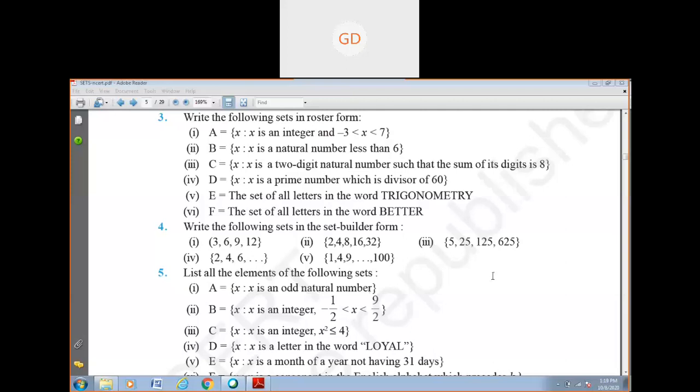2, 4, 8, 16, 32. Now, if you observe the behavior of these elements, you will find